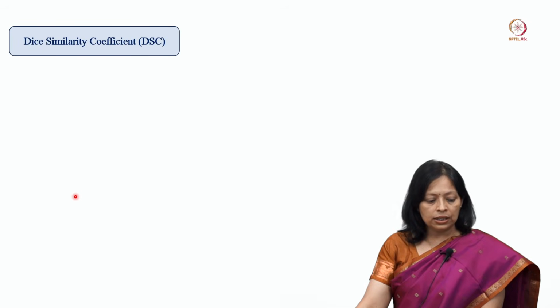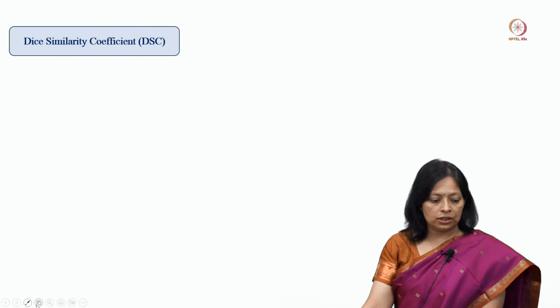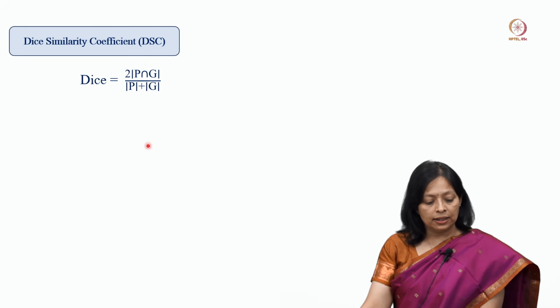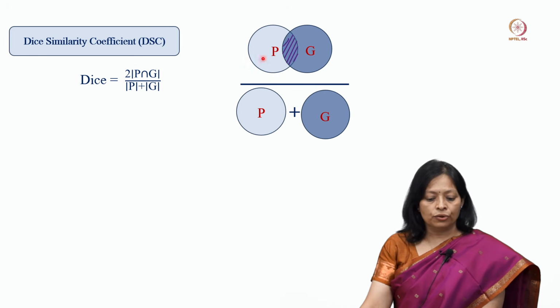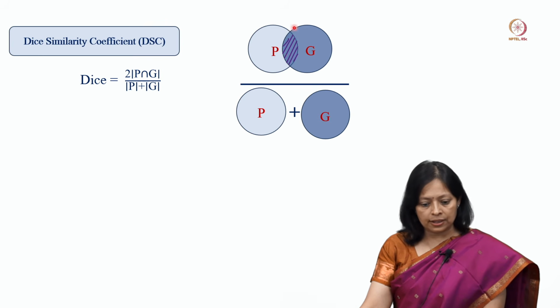Then we go into the dice similarity coefficient. Now, what is exactly this one? Dice score or dice similarity coefficient is equal to 2 times the intersection between P and G, divided by modulus of P plus modulus of G, which can be shown pictorially like this. So, this is the intersection and twice of that one divided by